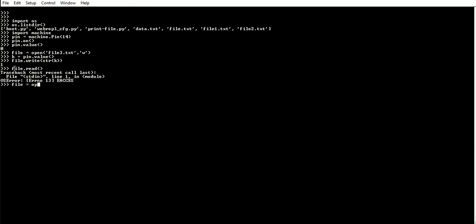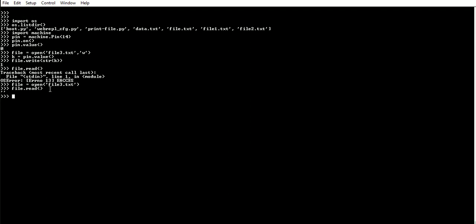Sorry, just open the file, file3.txt, okay, and now file dot read of. You can see a null has been written to this.